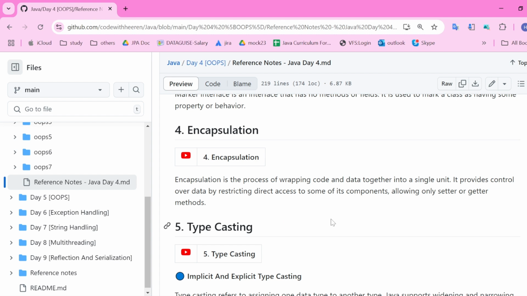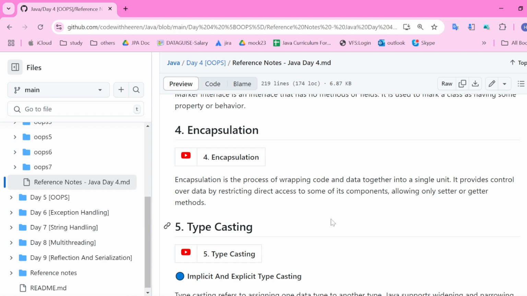Okay. And how do we implement it in coding? We implement that using POJO classes in Java. So what is a POJO class? POJO stands for plain old Java object. It is a Java class where all the properties or variables declared inside it are private. All those properties will be initialized by using a constructor, and there will always be only setter and getter methods to access those properties. That type of class is known as a POJO class,